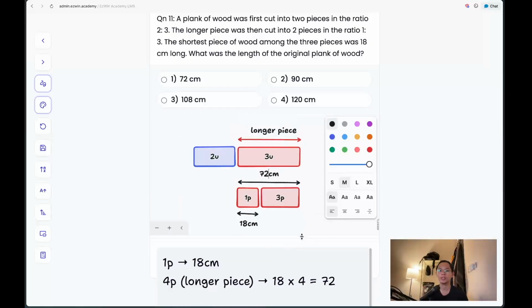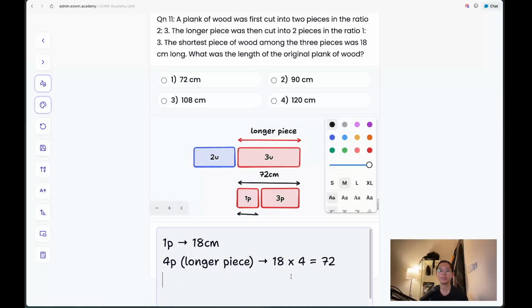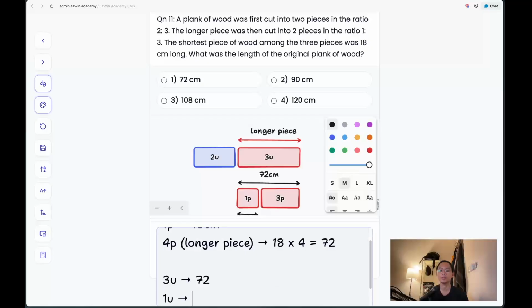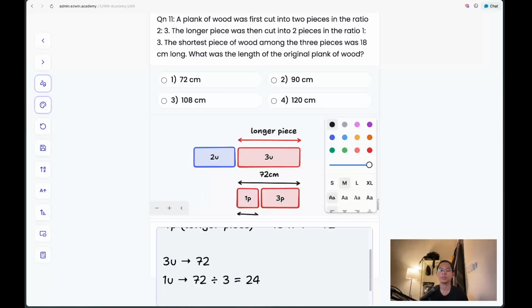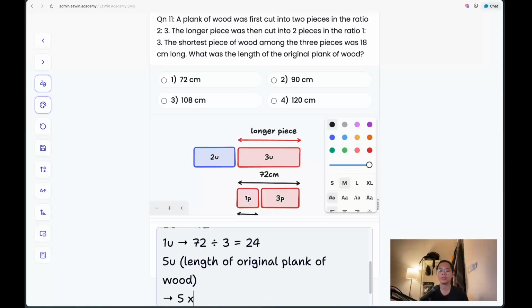So from here, we can actually calculate that 3 units is equal to 72. Then 1 unit will be 72 divided by 3, and this will give us 24. So the total units over here will be 5 units, which is the length of the original plank of wood. In this case, it's basically 5 times 24, and this will give us 120, which means question 11 is option